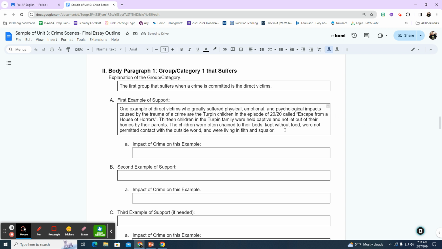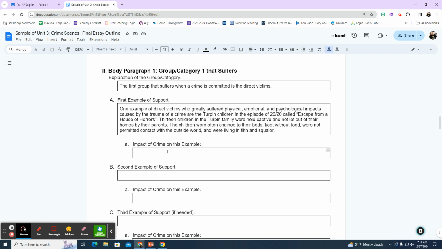So see how I went into kind of detail here about what they actually were victims of, what made this crime in particular. Now that I've set that up, I can move on to talk about the impact of the crime. What was the impact of what these children went through on the children themselves, on society, on anybody involved in this case? What was the influence or the impact of it?